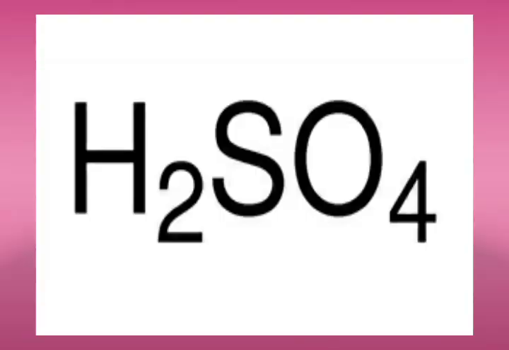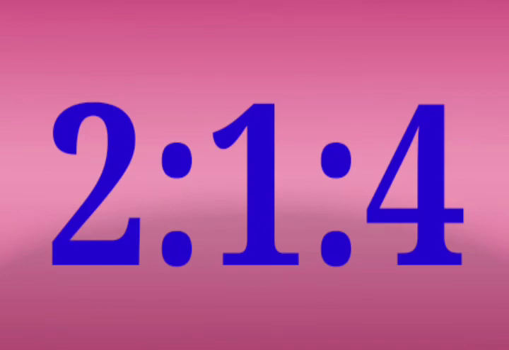For example, H2SO4. H2SO4 is called sulfuric acid. So through this formula we can find the elements present in it are what? Hydrogen, sulfur and oxygen. One molecule of sulfuric acid has 2 atoms of hydrogen, 1 atom of sulfur and 4 atoms of oxygen. So the ratio in which the atoms of hydrogen, sulfur and oxygen are present is 2:1:4. This is possible just because we know the formula. Then if the masses of all the atoms present in the molecule are added, the molecular mass of sulfuric acid is obtained. So these are the benefits of a molecular formula.